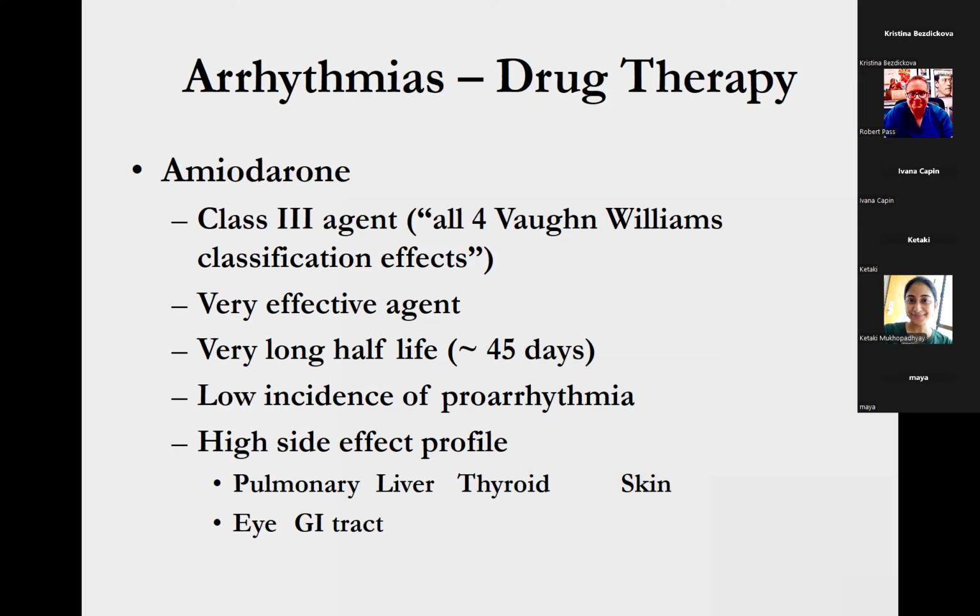Part of the reason that we don't do it is because, generally speaking, because of all these other complications, we don't typically like to leave patients on amio for more than about 9 to 12 months, which is really when most patients who are going to have pulmonary, liver, or thyroid problems would start having them. Because of that, and because of the difficulty in getting eye exams, for example, in small infants, although obviously doable, we generally have avoided doing that.